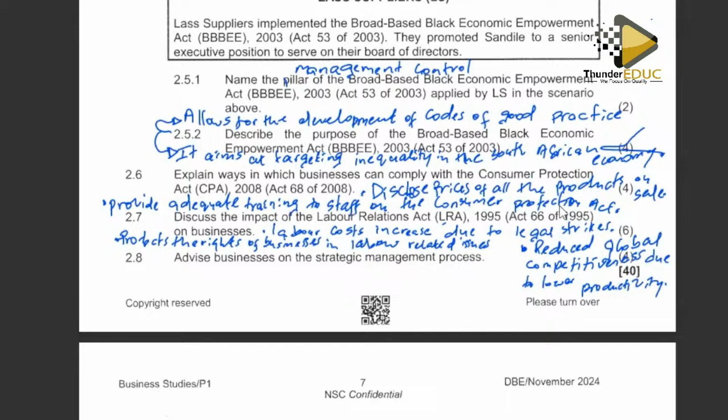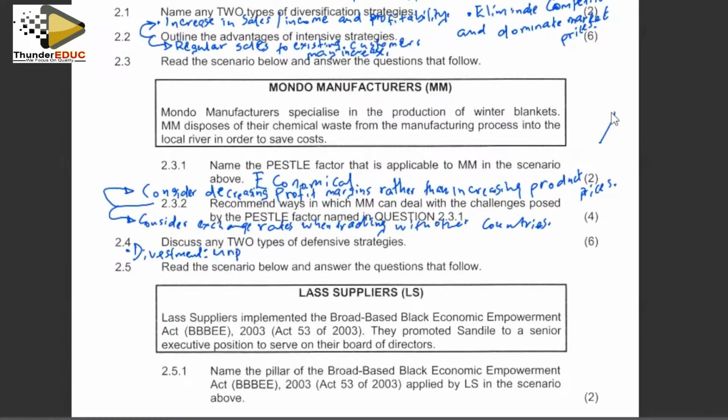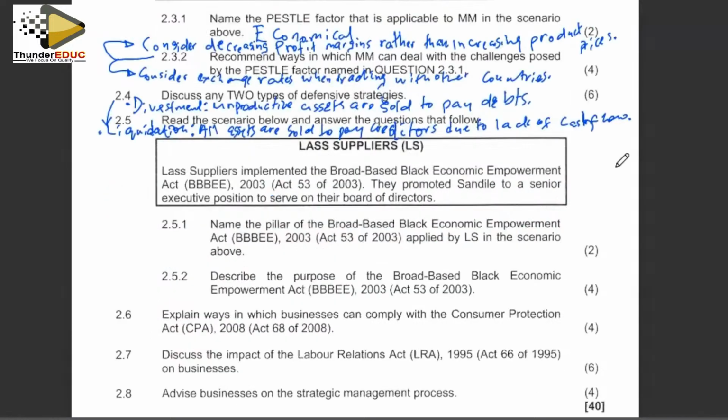You are saying that one of the impacts of the Labor Relations Act is that it increases labor costs due to legal strikes. So now also protects unproductive assets are sold to pay debts. The 2003 Act 53 of 2003, they promoted Zandile to a